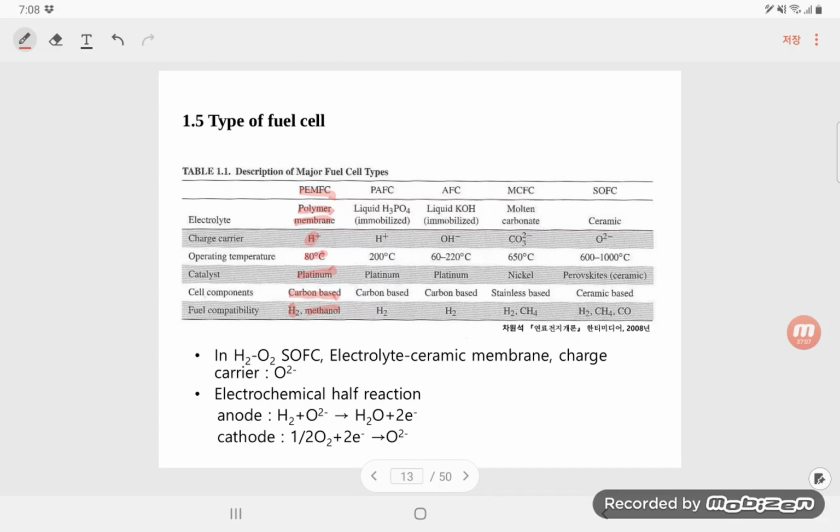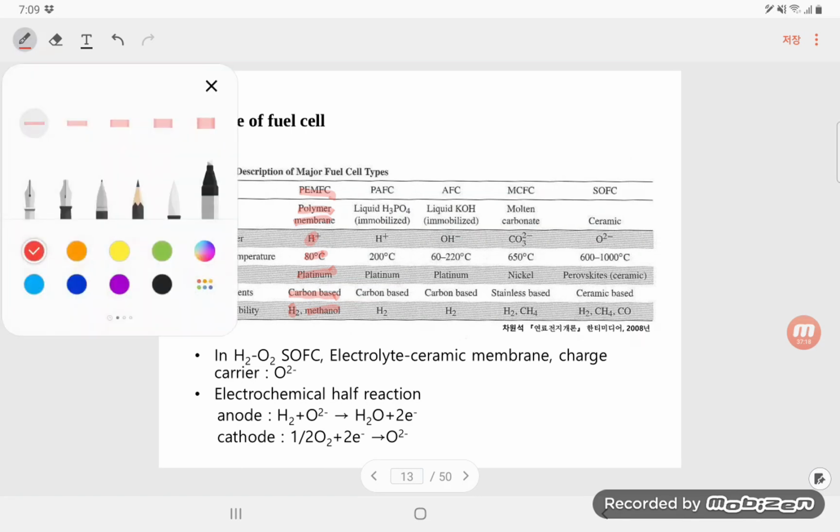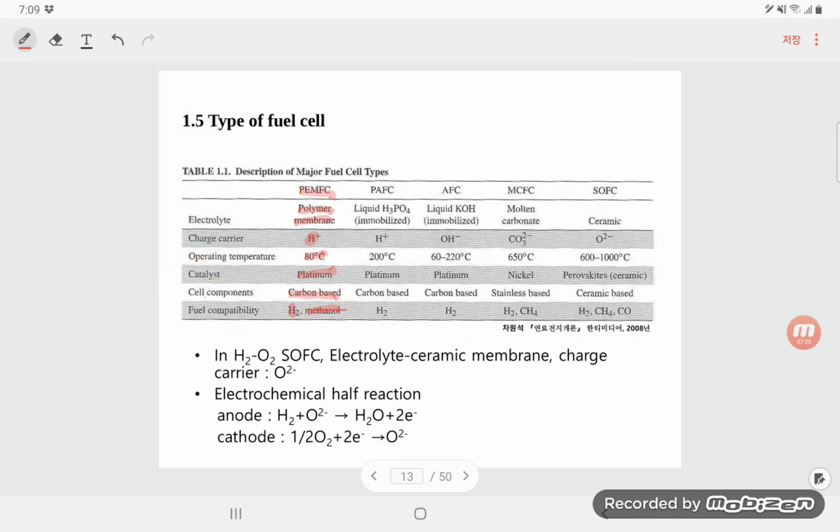We can use methanol for this system in the same configuration, and we call it the direct methanol fuel cell, DMFC. Okay, if we use this one, DMFC, direct methanol fuel cell. And in the PAFC, they use liquid H3PO4, phosphoric acid, right? Now in here there is an immobilized